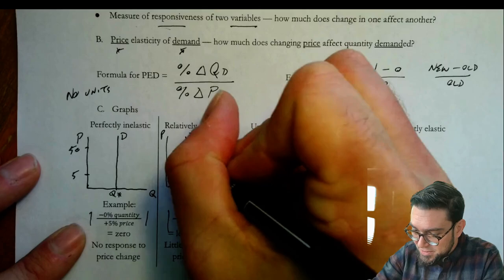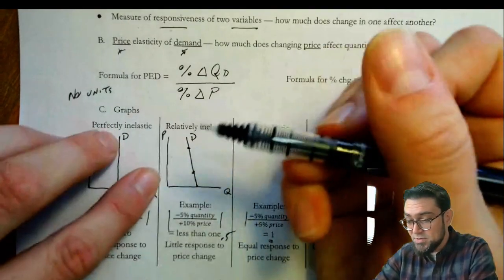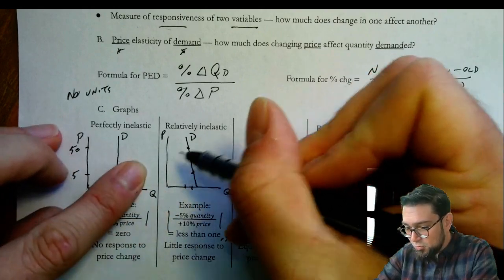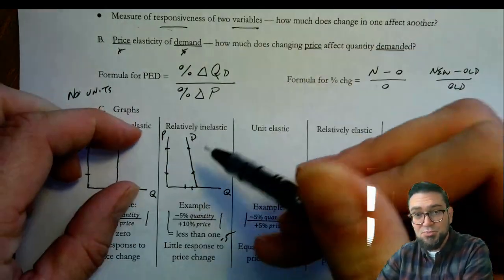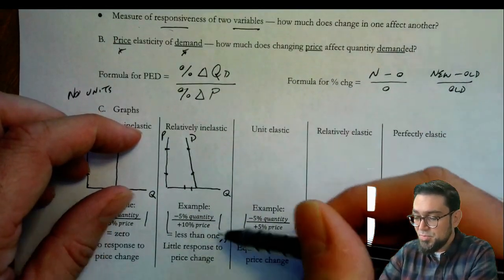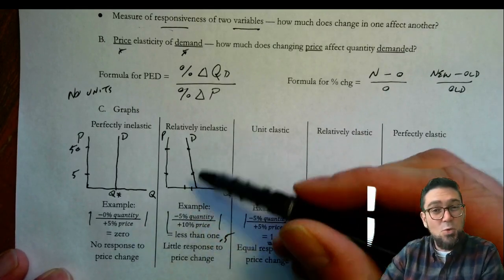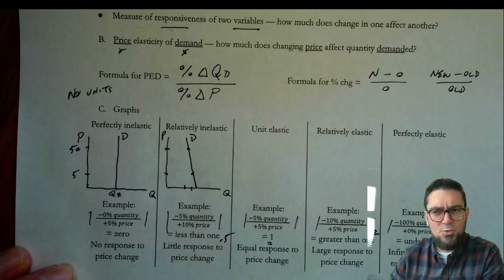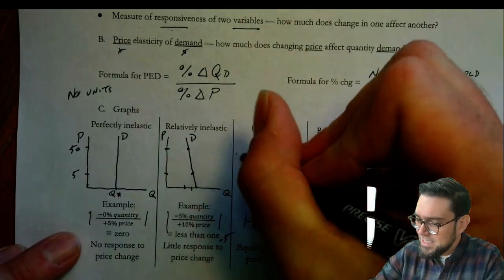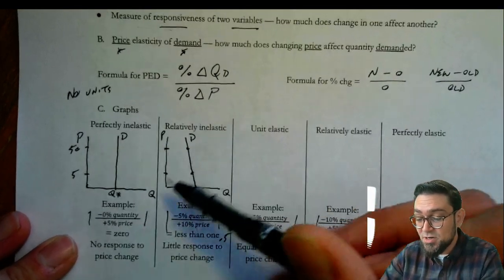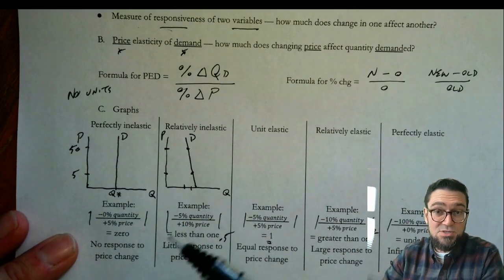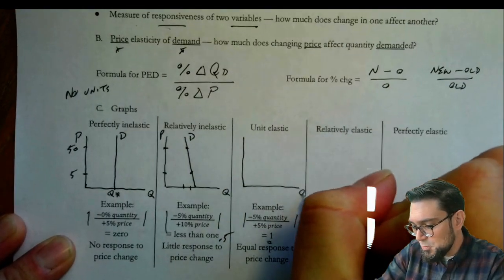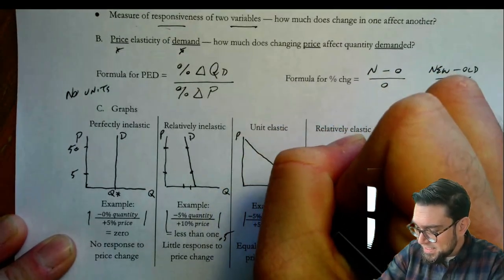And so this is saying, if the price changed a whole lot, you could go up that axis a whole lot, you're not going to get a big change in the quantity. So a big change in price, not a big change in the quantity. That would be like thinking about things like toilet paper. People are going to buy pretty much the same amount of toilet paper as they always do. Hopefully, unless you have an issue. But there are certain goods, necessity products, where that often is true. We'll also look in just a moment at different things that would cause things to have different levels of elasticity. Unit elastic, if this is a 1-to-1 relationship, then it's going to be that traditional looking